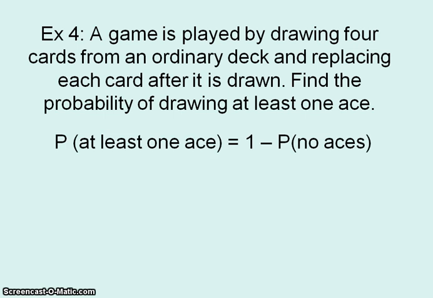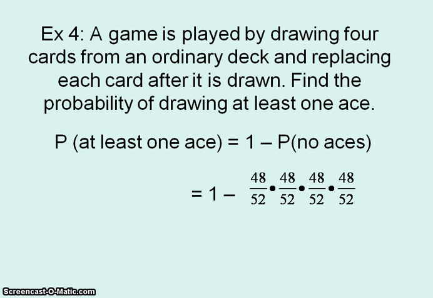Let's talk about this "at least" idea. So if I'm picking 4 cards out of a deck and I am replacing them, what's the probability that I will get at least one ace? Well, this is independent. So we're getting away from the conditional for a second because I'm replacing the card. Well, the probability of getting at least one ace is the complement of getting no aces. Well, the probability of me getting no aces,